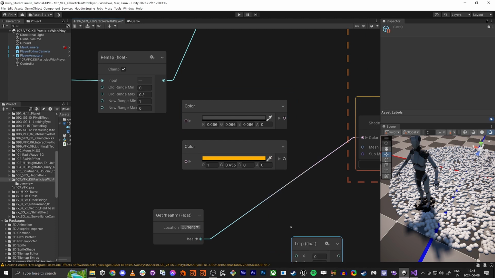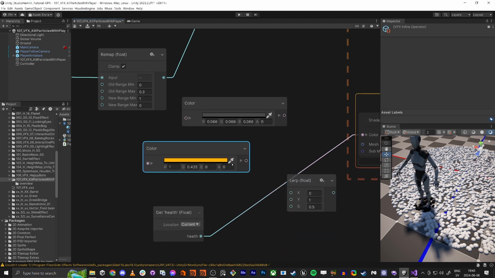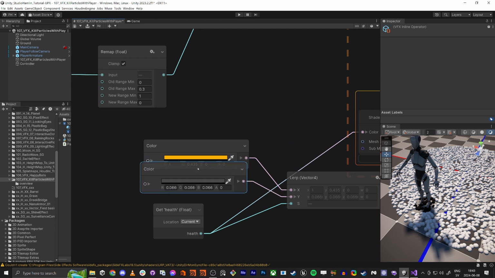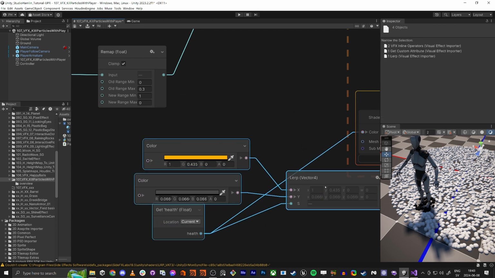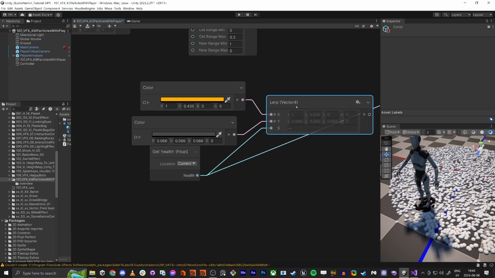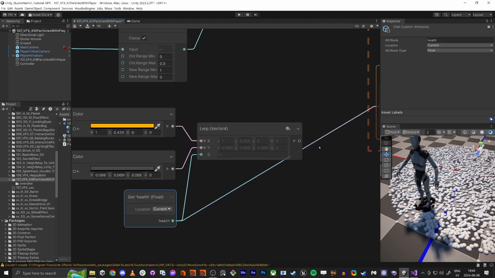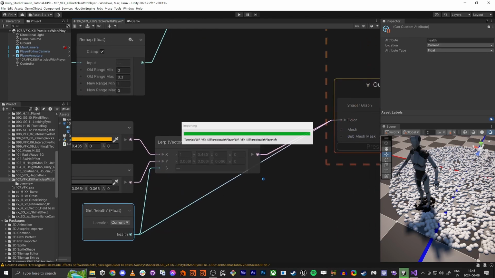So we just do a lerp, and when the health is closer to 0, we read this one, and when the health is closer to 1, we read this one. So I'm just gonna put it a little bit more neat like this. And if we plug this one in,